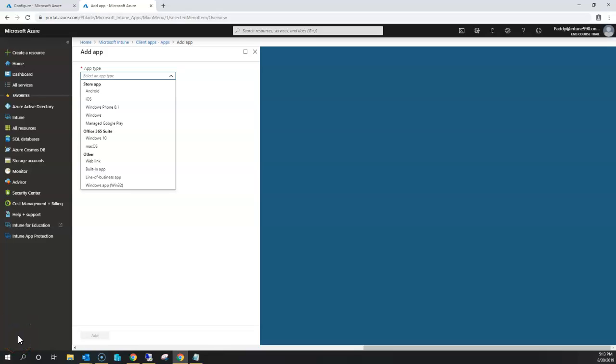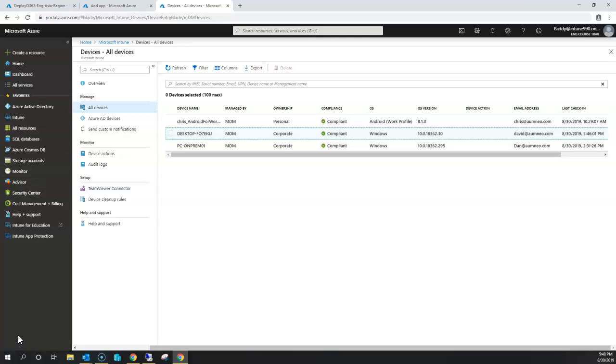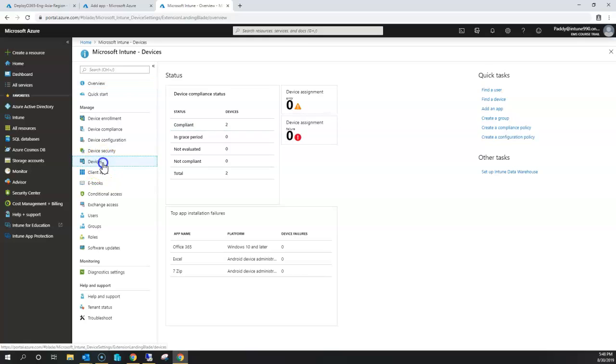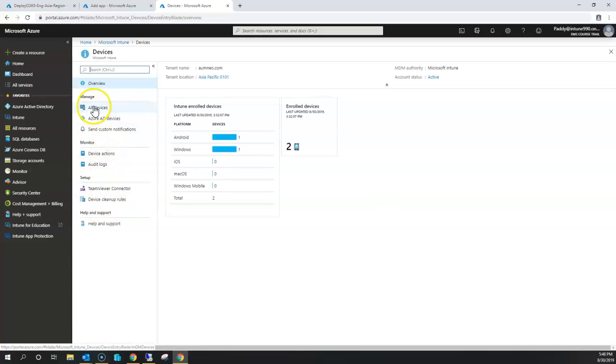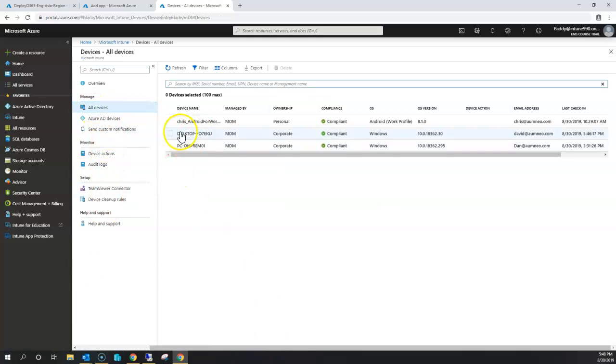Hello and welcome back. In this short lecture, we're going to learn about how to deploy Office 365 Suite for Windows 10 devices from client apps. To begin with that, I'll be navigating to Microsoft Intune portal, and from the Microsoft Intune portal, all the devices configuration. You can check out here on the devices the configuration for a new computer, which is desktop